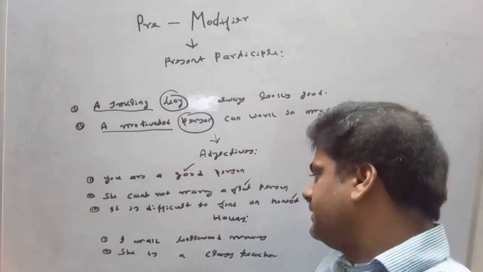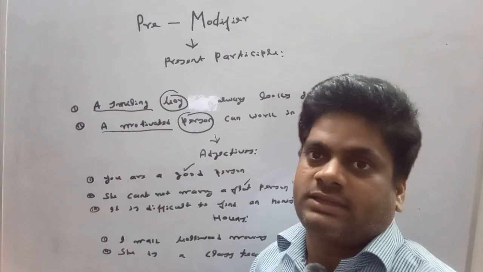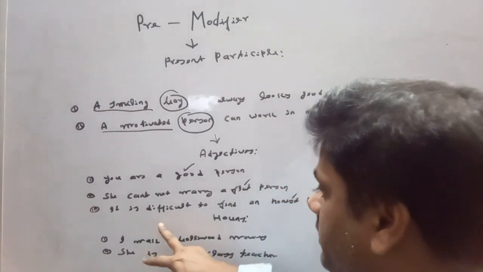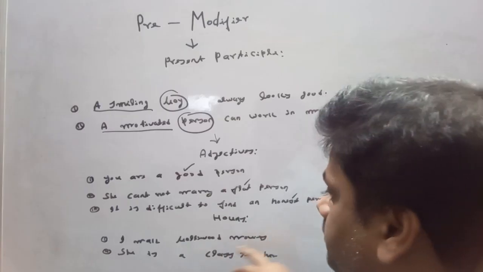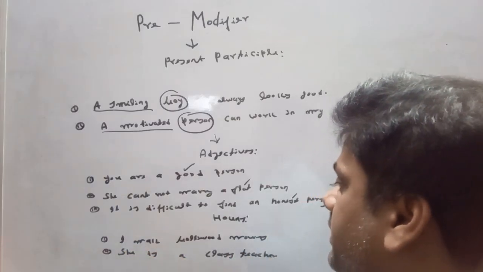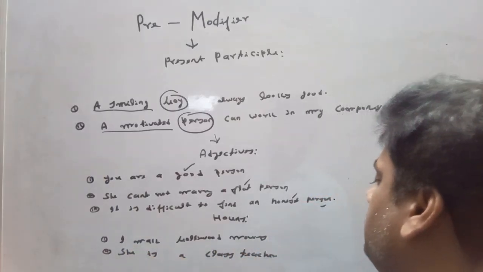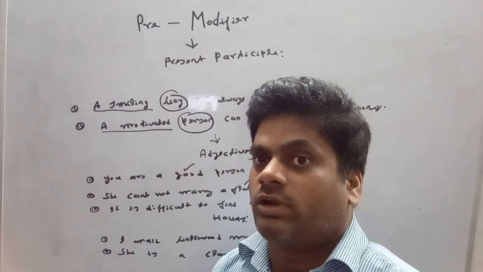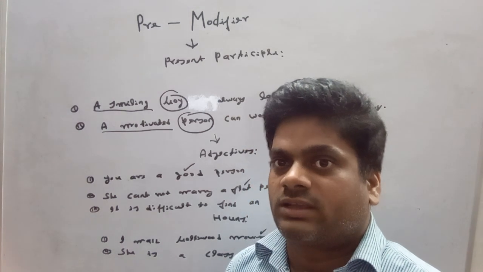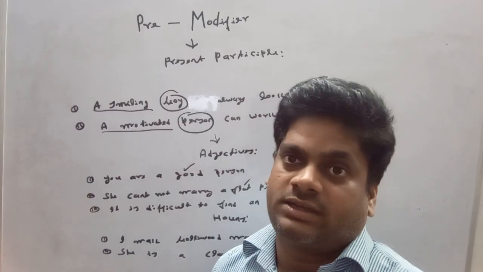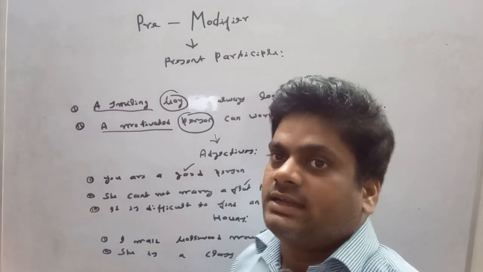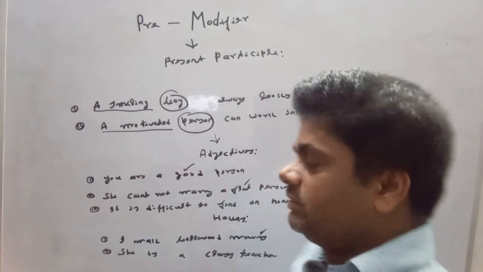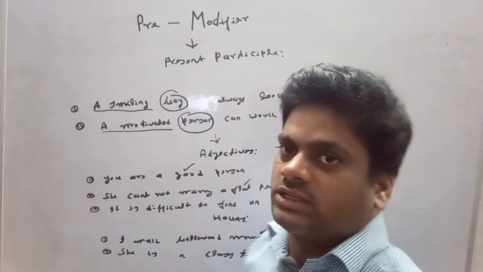Apart from this, a noun can also work as an adjective or a pre-modifier in a sentence. This can be proved in both the sentences. I make Bollywood movies. Which type of movies? Bollywood movies. Here Bollywood is working as an adjective in the sentence and we can say that it is working as a pre-modifier. We cannot call it a pure adjective because